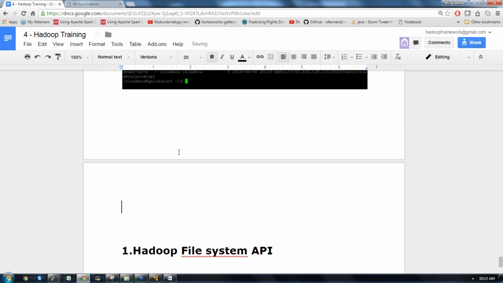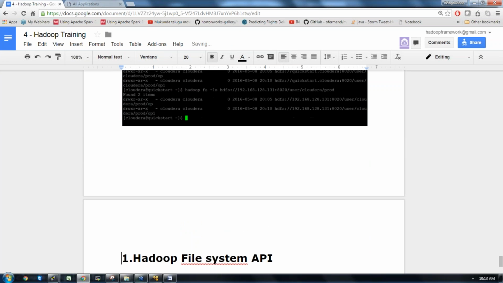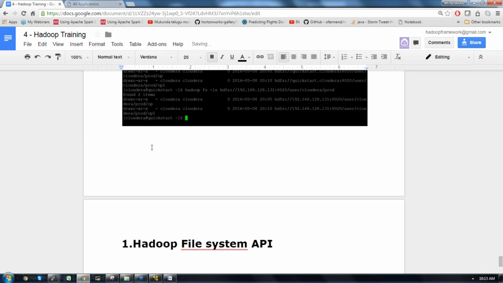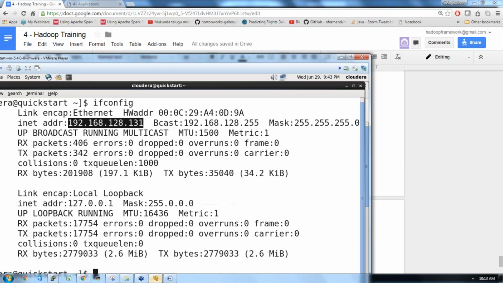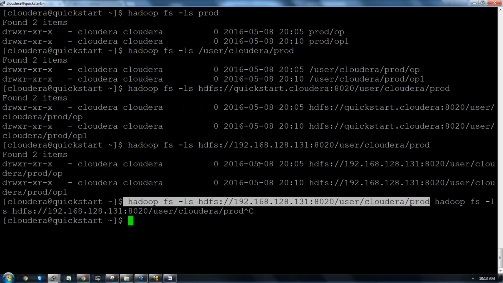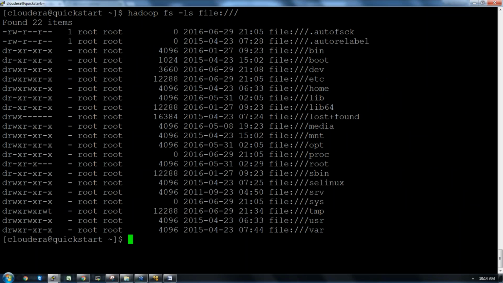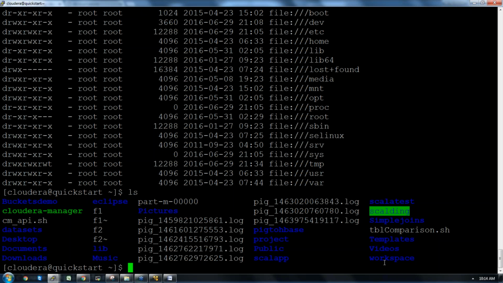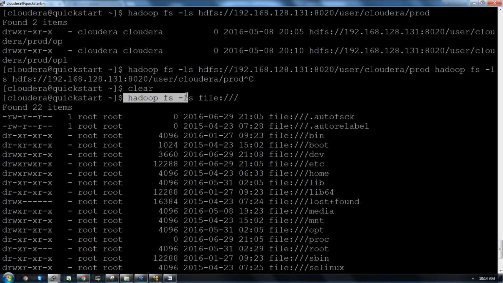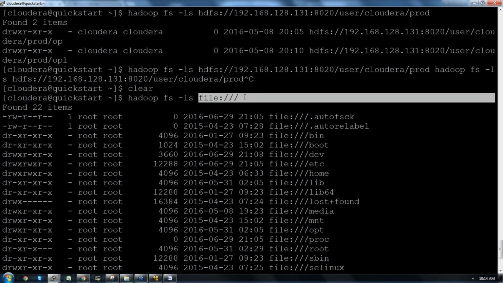Okay, so now if you want to access a local file system, we can also access it like this. Clear the screen. If you write hadoop fs -ls, in another cluster where I'm working, you can use file:/// to access the local file system. These are the files which are available locally. So we can access the local file system with the representation hadoop fs -ls, and we use file://